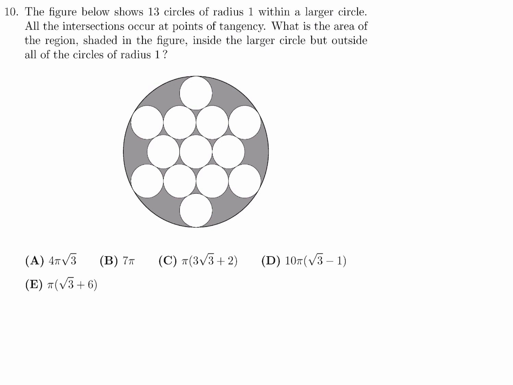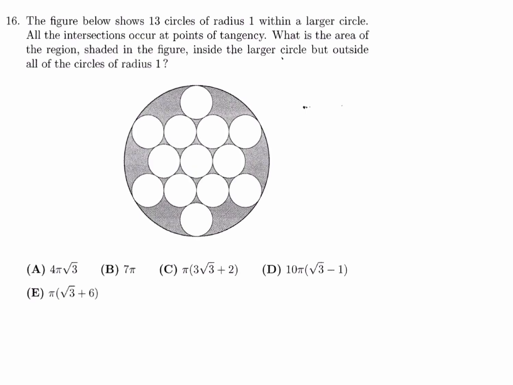The figure below shows 13 circles of radius 1 within a larger circle. All the intersections occur at points of tangency. What is the area of the region shaded in the figure inside the large circle but outside all of the circles of radius 1? I'll draw a couple diagrams here, or a couple lines I should say, and hopefully those